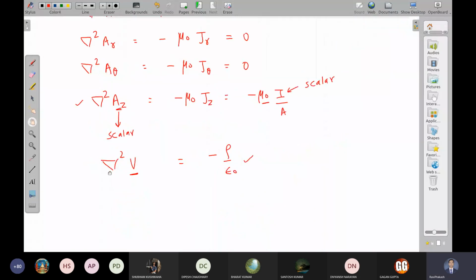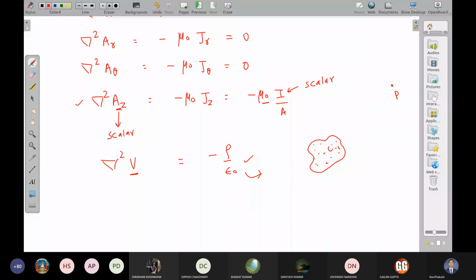What is the solution for this problem? इस problem का solution कैसे निकालते हैं आप? Let us say this is an object of some arbitrary shape and I want to know the potential at this point P. आप क्या टेक्निक करते हैं? You take a small piece here, calculate the charge in this piece. कितना charge है इसमें?